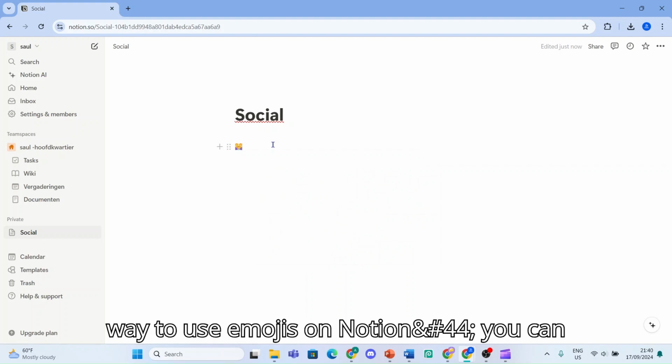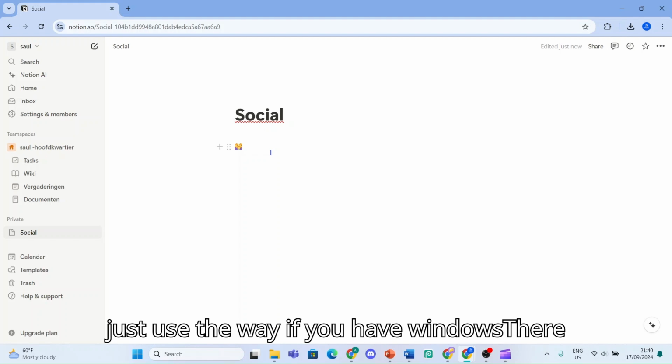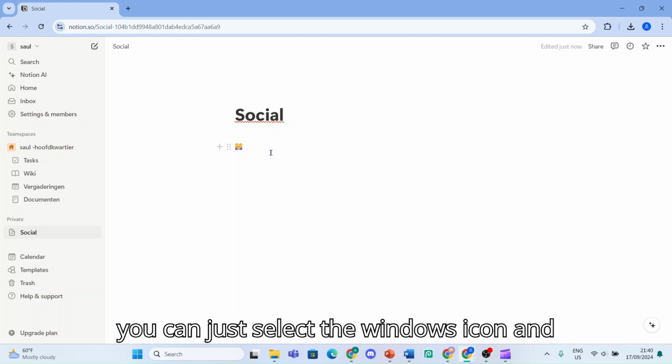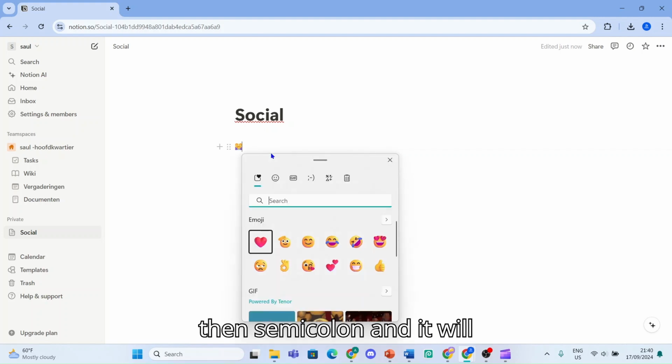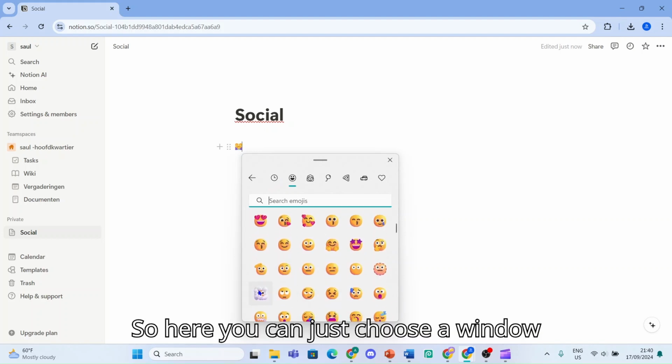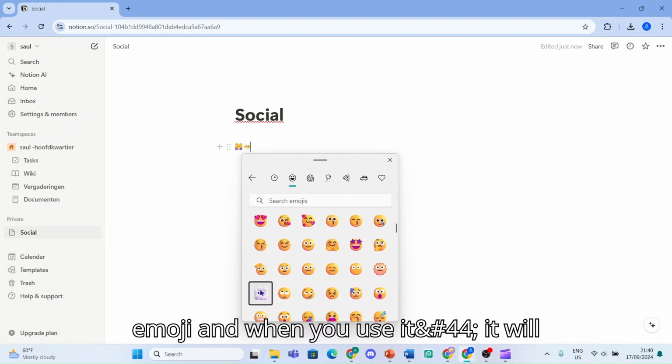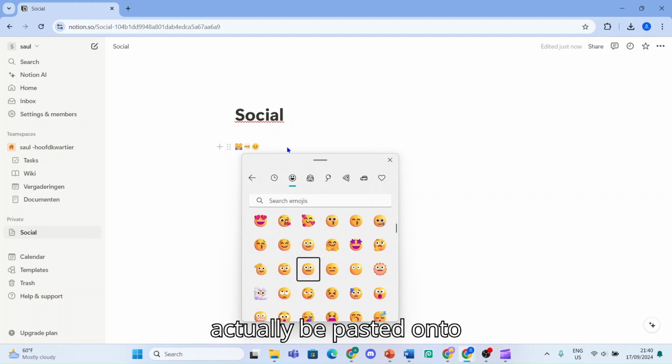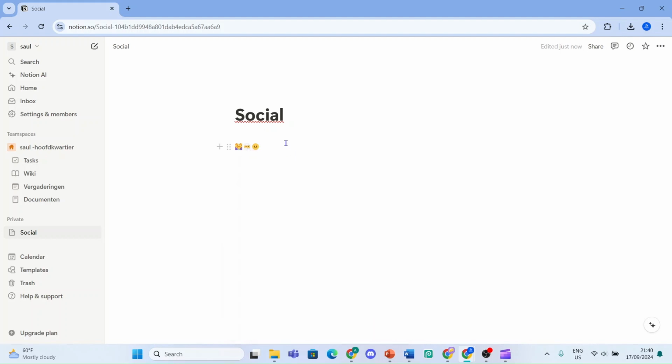There's also another way to use emojis on Notion. If you have Windows, then you can just select the Windows icon and then semicolon, and it will take you to the Windows emojis. So here you can just choose a Windows emoji, and when you use it, it will actually be pasted onto